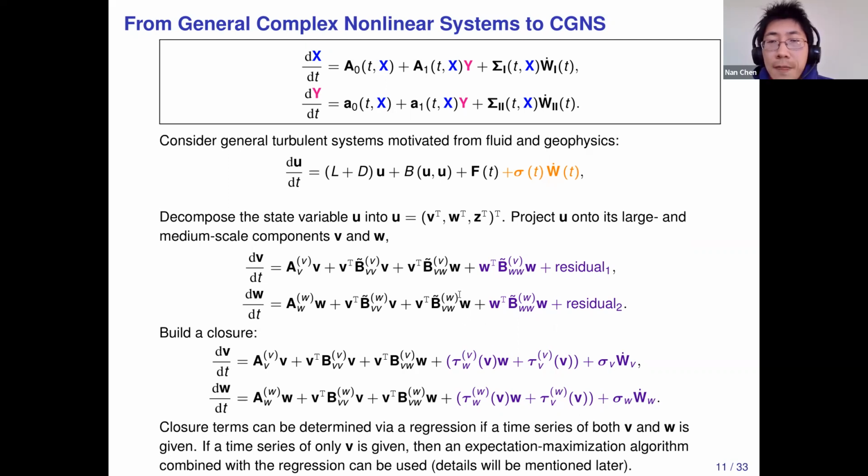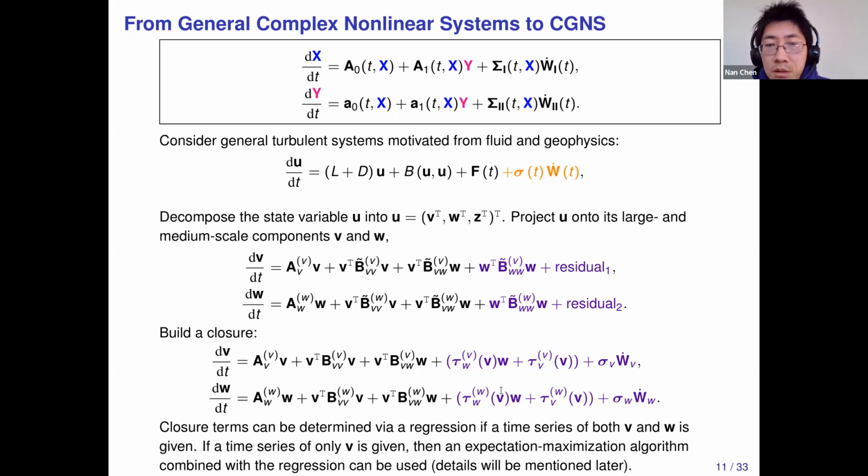Of course, here we make some approximations, but try to think W is a small scale variable compared with V. So this nonlinear term in terms of W times W usually will be a fast component, and it will also contain smaller energy compared with other terms. So approximating such a term is overall justified in many applications.